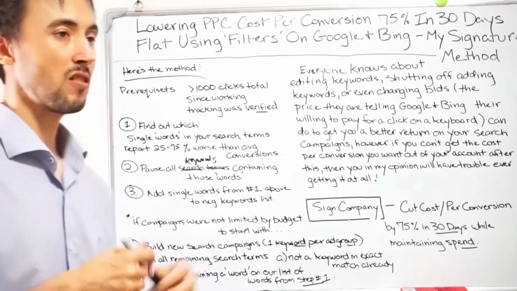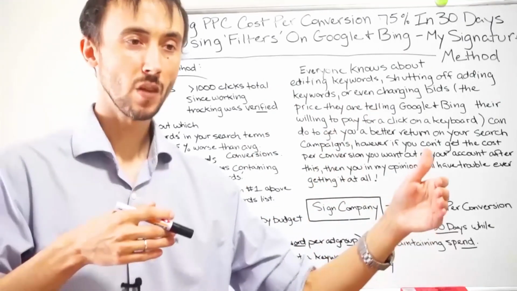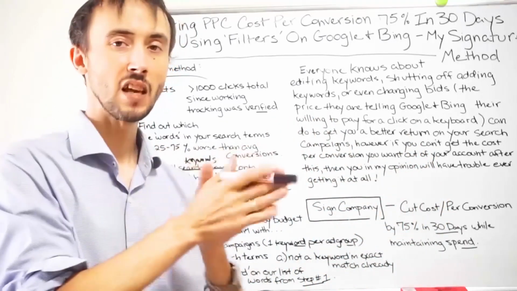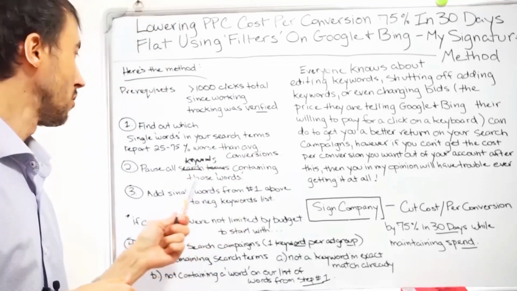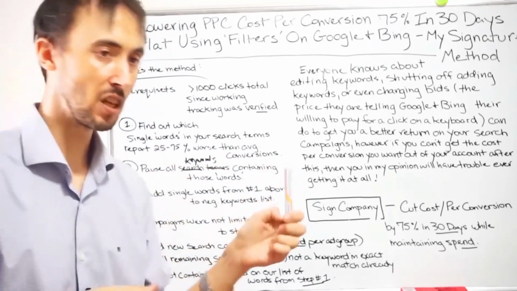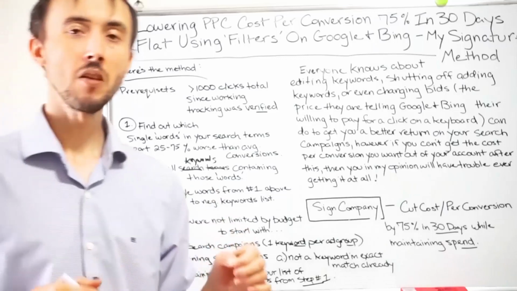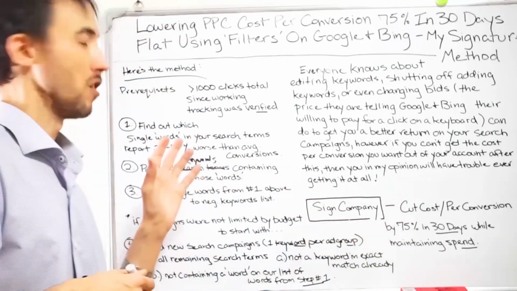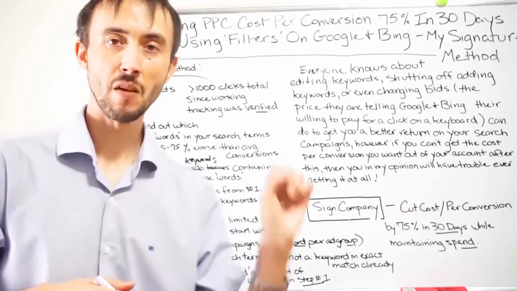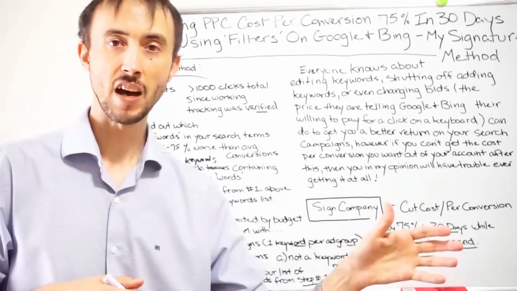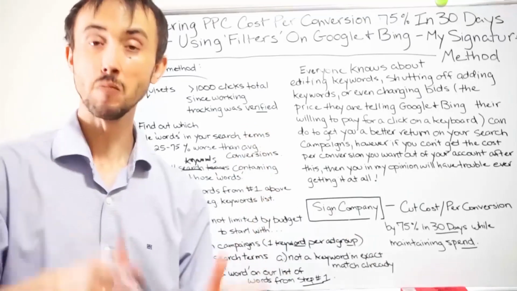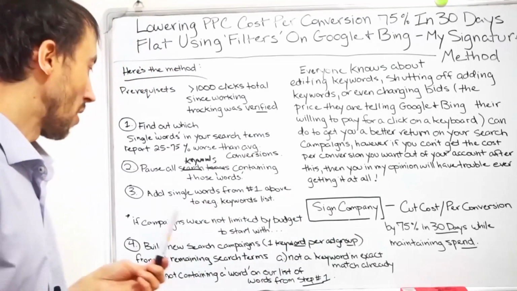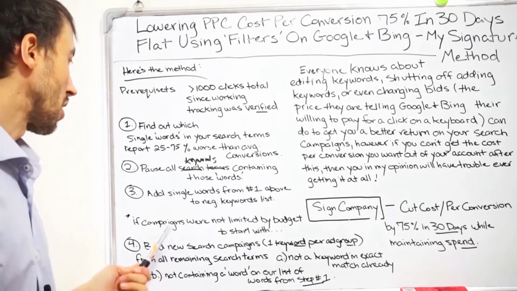Okay. Now, if you're in a situation where you want to spend $3,000 a day, and your search campaigns don't say limited by budget, once you do number 2 and 3 here, pausing the keywords, adding the negative keywords, your campaigns will spend half what they were. So your cost per conversion might be 75% less, but you're only spending half as much. So now you have less leads. And maybe you need so many leads to keep your salespeople busy. Now what do you do? If you're in that situation, you're going to build new search